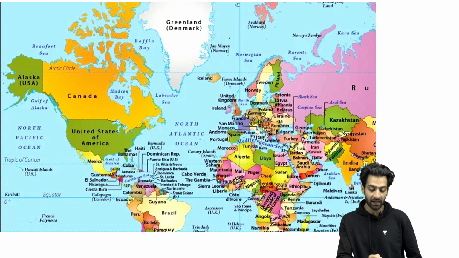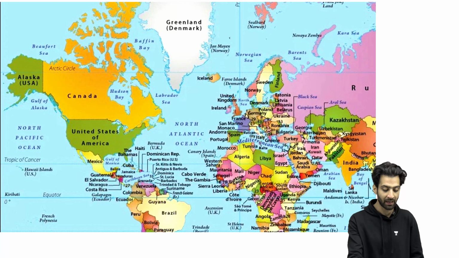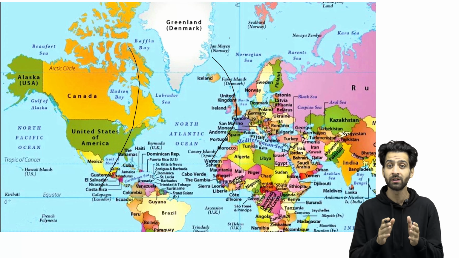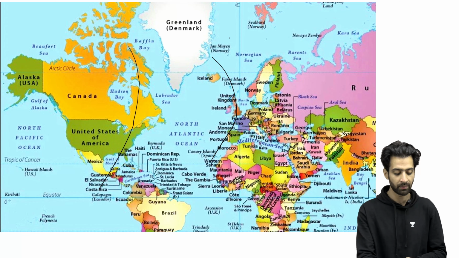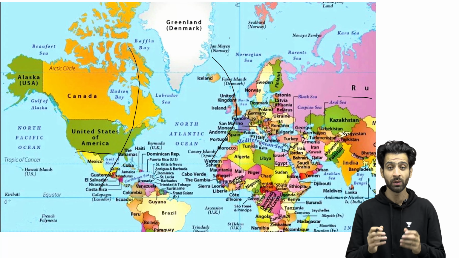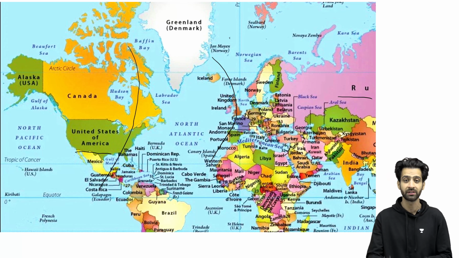Now, let us start with the basic map of the world where we will try and understand where the issue started. First, if you look at the map, this part of the map includes USA, Canada, Mexico, and this includes some of the countries of Western Europe. After World War II ended, the world was divided between two powers, one led by the United States of America and the other by the USSR. USSR, if you don't know, includes Russia and some of the other associated countries.